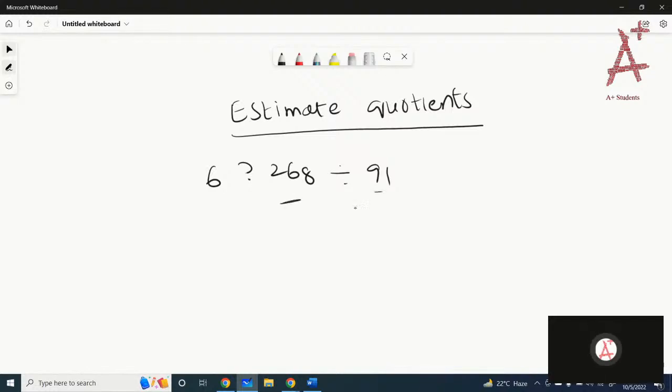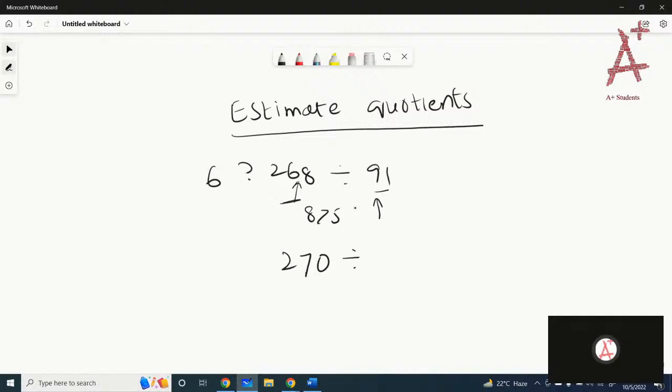Okay, let's just round off these numbers. 268 is rounded to the nearest 10. Round the numbers to the nearest 10. So the tens digit is 6. The digit right after 6 is 8. 8 is greater than 5. That means you have to round up. You have to add 1 to the 6 and replace the 8 with 0. Got it? Then you have to round off the number 91